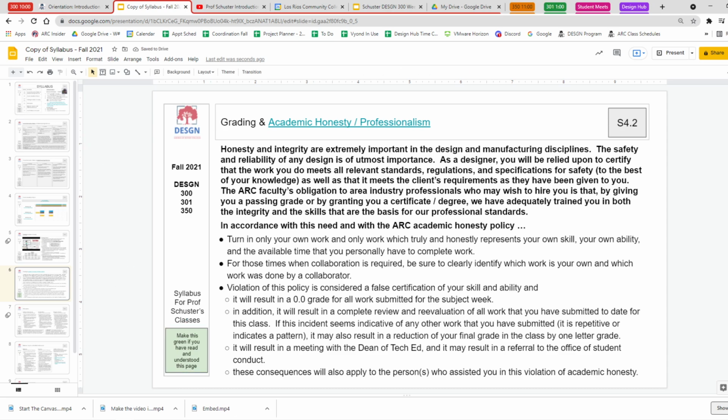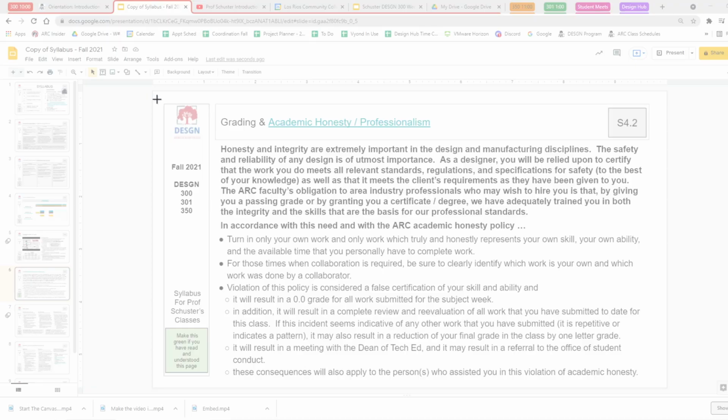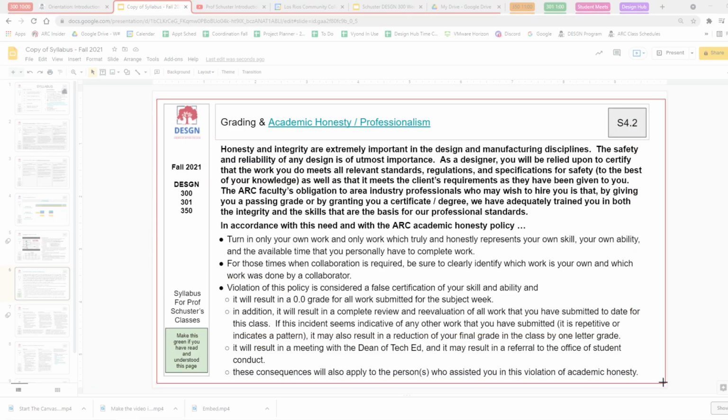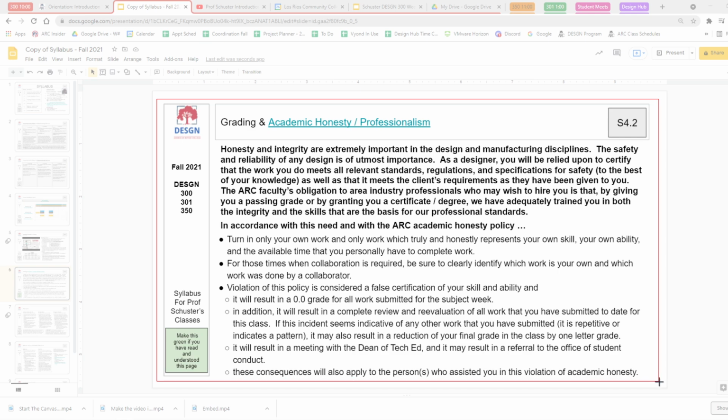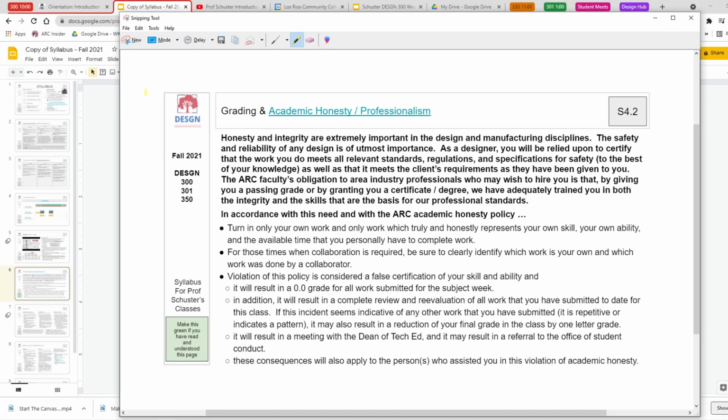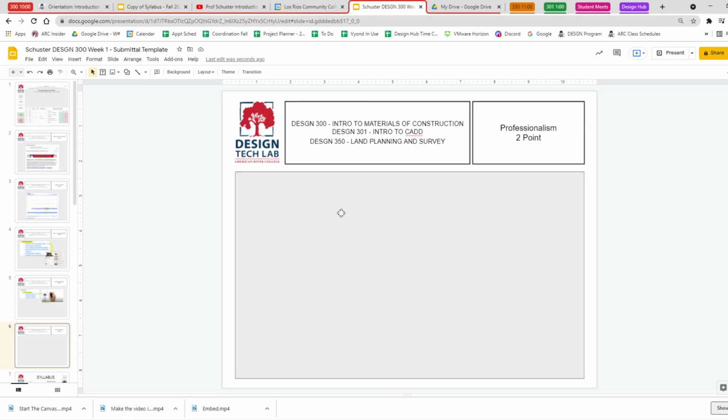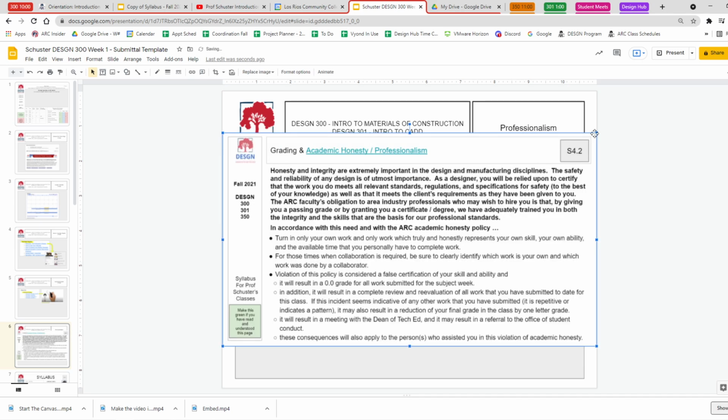And then take a snip. Now, if you don't have the snipping tool or don't know how to get these copies, that's some tech tips, and you just have to ask me for resources to learn how to do that. So I'm going to Control C, come back here and Control V,